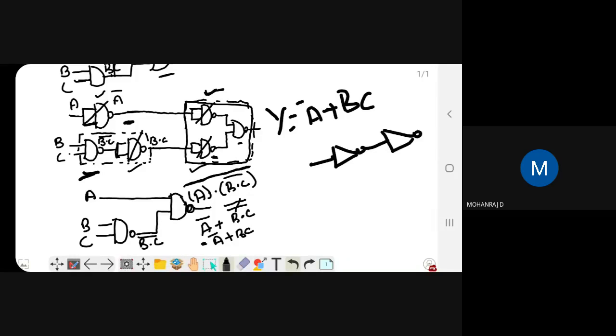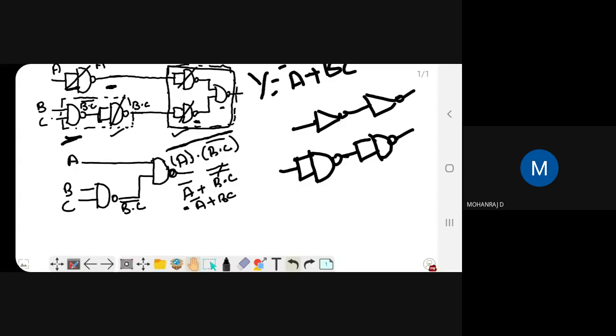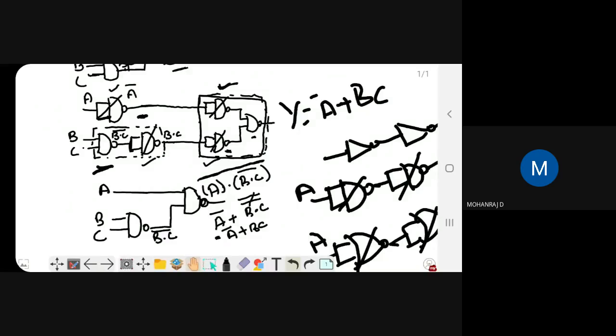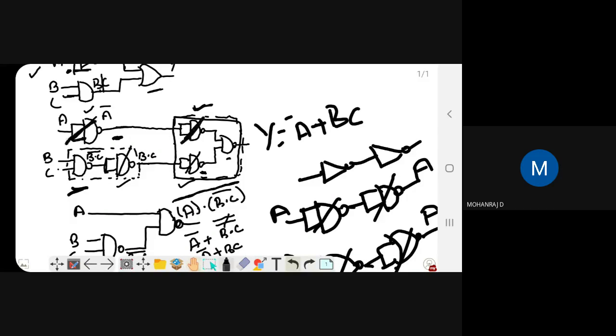Even in the NAND gate form, or the NOR gate form, if it is like this, you can just cancel it, because whatever the input is, you will receive the same as output. Just cancel it. So I cancel this as well: the same thing, I have cancelled this NAND and NAND gate implementing the NOT gate.